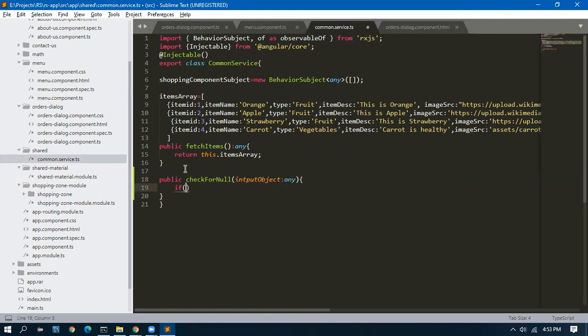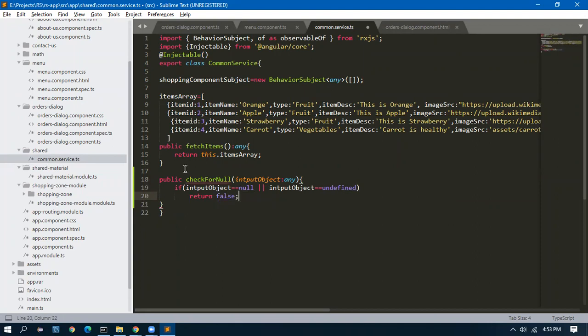If input object equal to null, or input object equal to undefined, then return false.